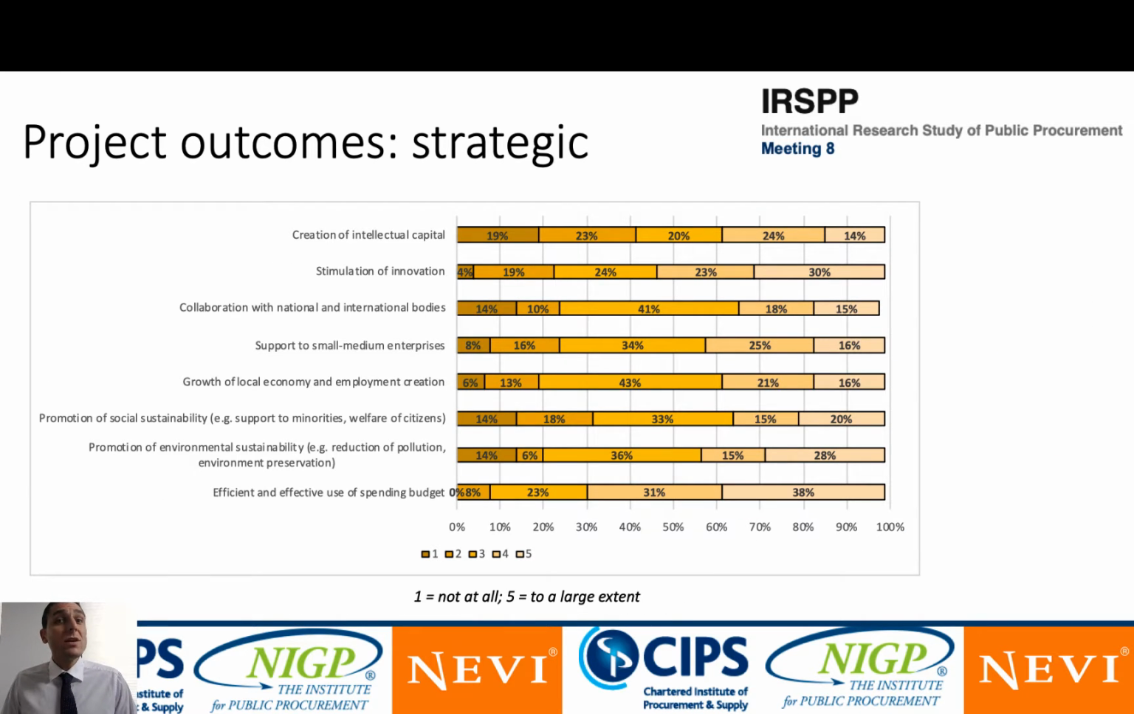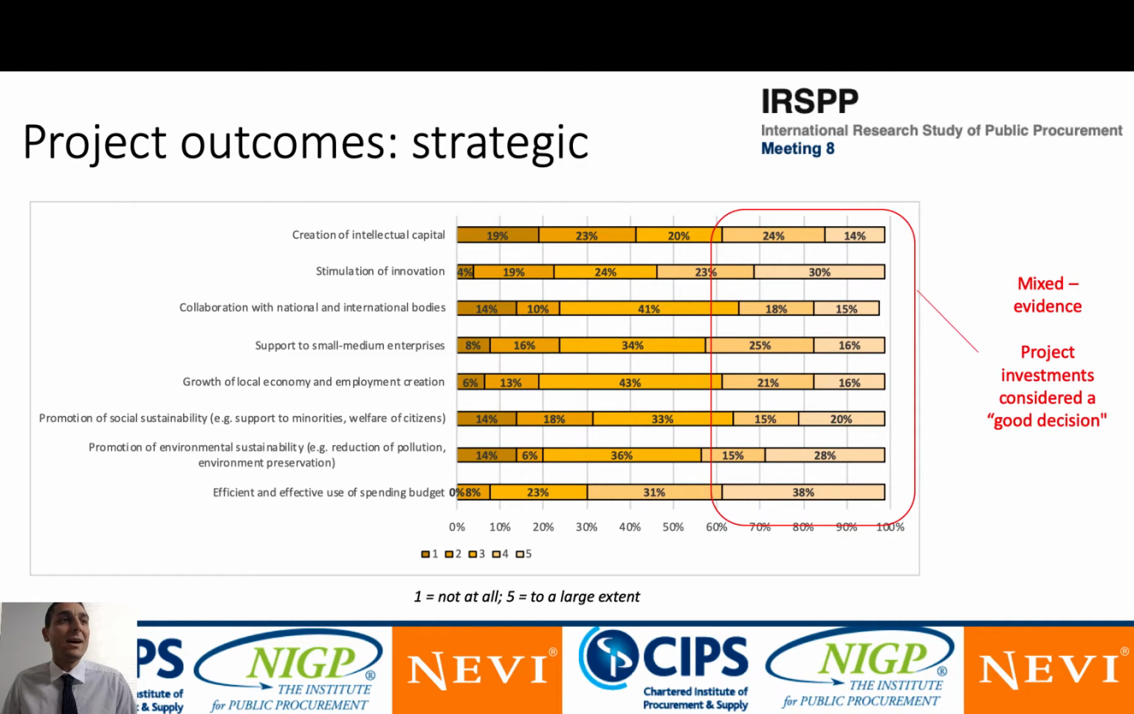In terms of strategic outcomes, there is mixed evidence, in the sense that we can see, in the distribution between the items, cooperation of intellectual capital, stimulating of innovation, support to small and medium enterprises, a mixed distribution in terms of the contribution of this type of project at procurement level to the achievement of this strategic objective. The most consensus is in the fact that this project, which requires cost, time, and investment by institutions, is considered a good decision, because you can see here 69% of respondents say 4 or 5